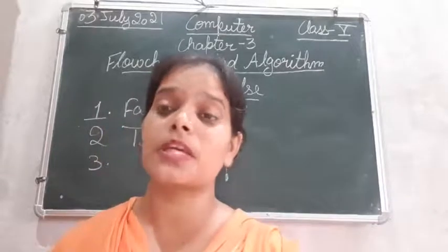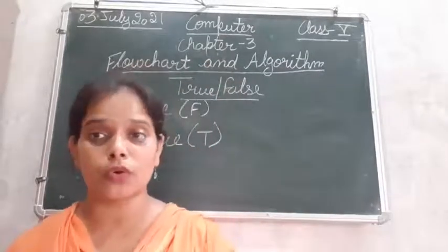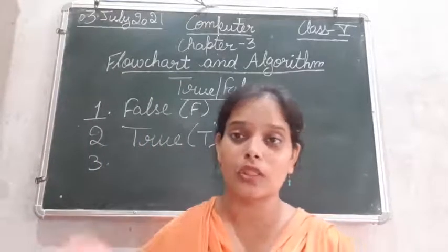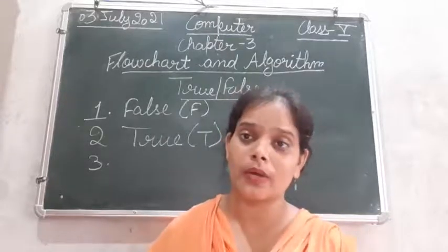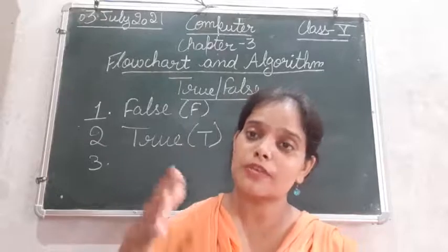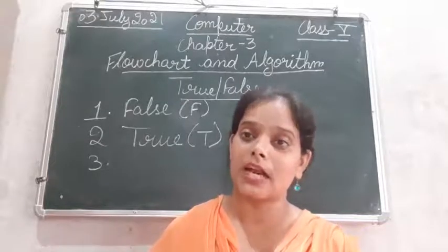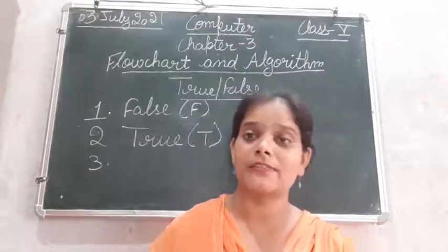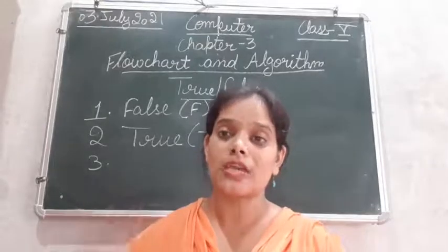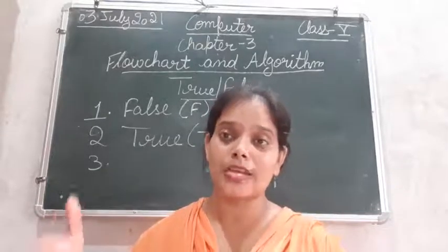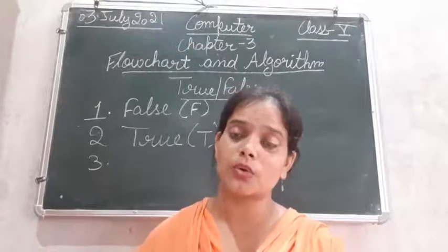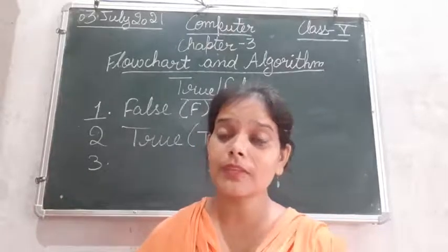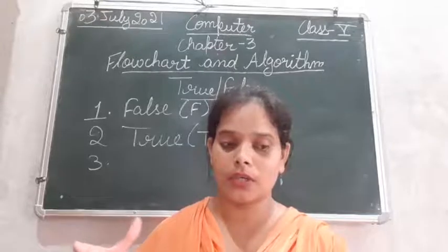A flowchart helps in finding out errors because the flowchart that we make, जो flowchart हम बनाते हैं, so first of all we analyze all the problems, okay, we note down all the key points, the important points, important elements. First of all we note it down and then we create the flowchart. Okay, so while analyzing you can easily find, जब आप किसी चीज़ को analyze करोगे, analyze means to check something very deeply. तो किसी भी चीज़ को अच्छे से check करोगे, so that means definitely you can get all the errors that you can see while making a flowchart.